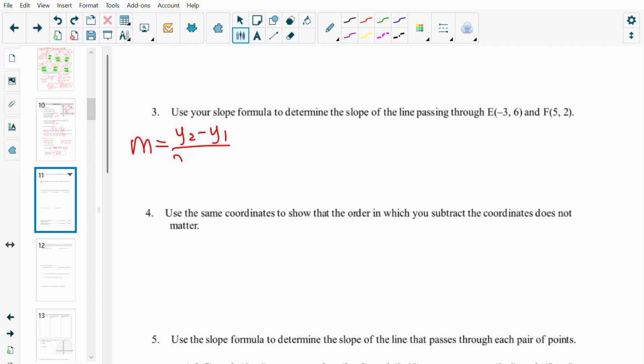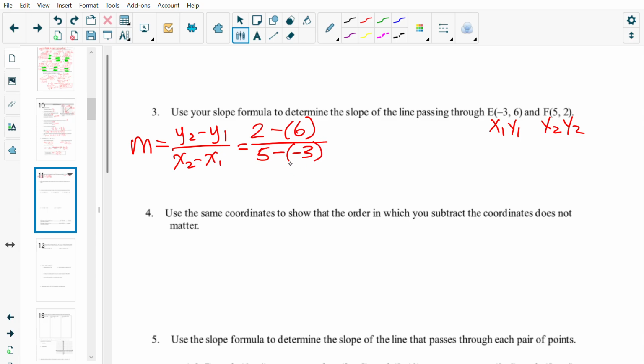Slope equals y2 minus y1 divided by x2 minus x1. Substitute the values in. What I like to do is go x1, y1, x2, y2, so I know exactly which values to pick. y2 is 2 minus y1, which is 6, divided by x2, which is 5, minus x1, which is